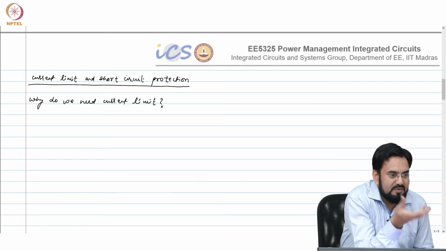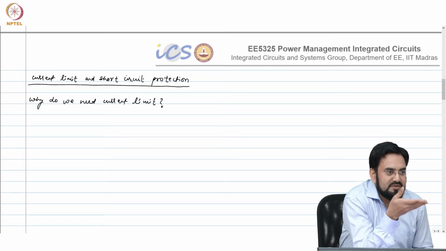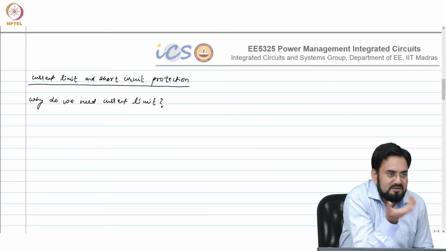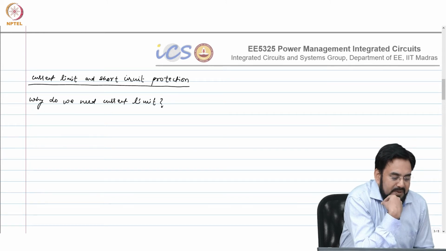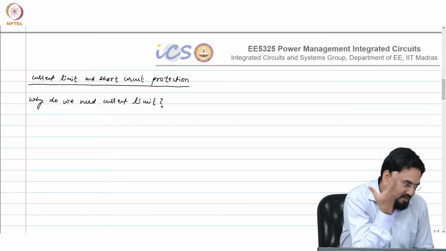But there is an even bigger problem than that, if you don't put the current limit. What is that? Yeah, it may damage the device. So reliability is the bigger concern here. It may not hurt you much if it goes into linear. In the worst case, your PSRR may look bad, but it may be able to drive the load current you are putting. So let's say you have sized it for 1 milliamp and you have put in a 10 milliamp current. It may be able to drive it, but it will go into the linear or triode region. But the problem is that you have sized the device for 1 milliamp current and it may not carry 10 milliamp because it may break your metals.